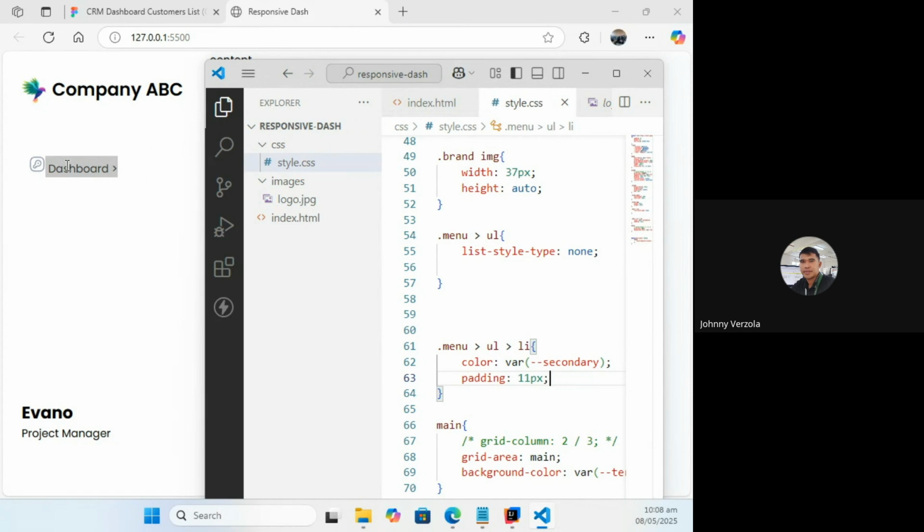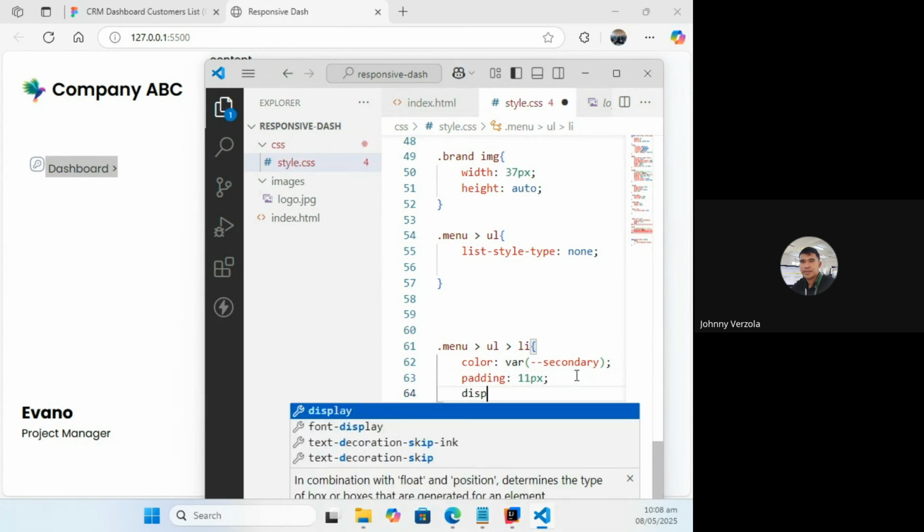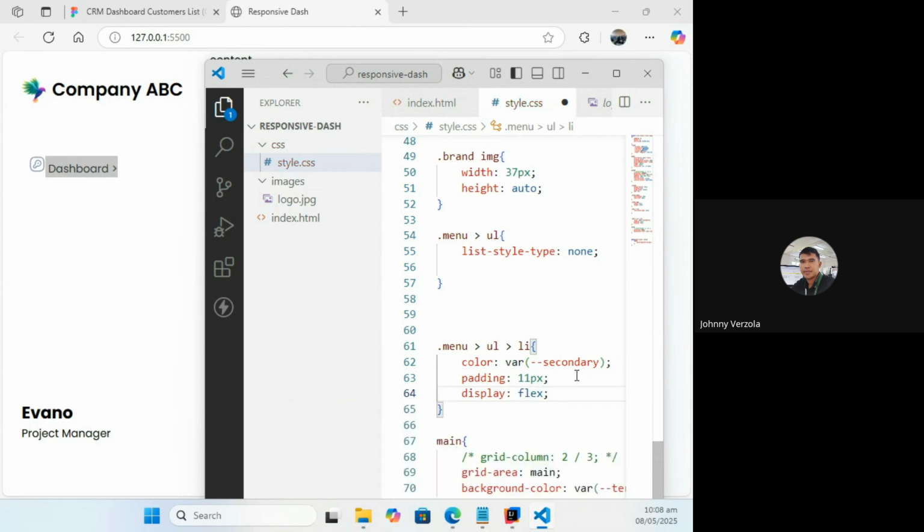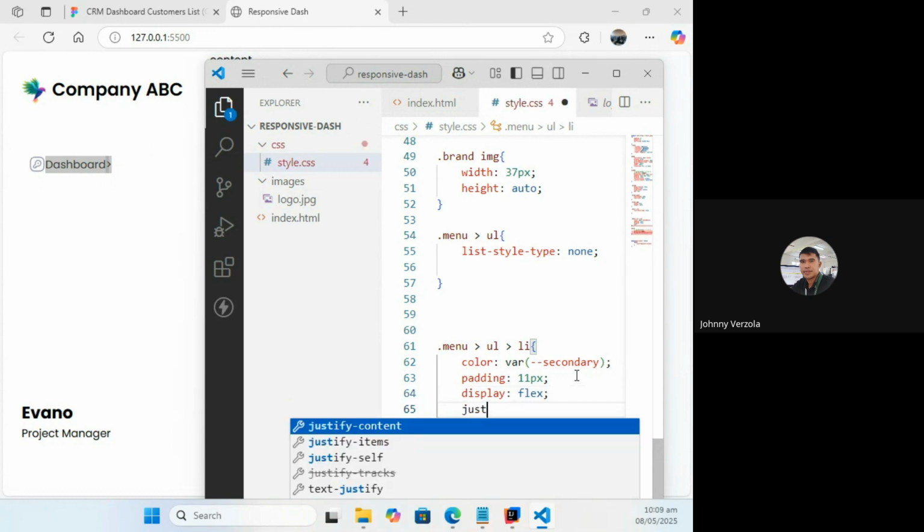Now, I'm going to align these three things. We are going to use display flex. Okay? Save. As you can see, it's automatically aligned. But I'm going to set the justify content to make them align at the horizontal axis or the main axis. I want them to align at the same level.